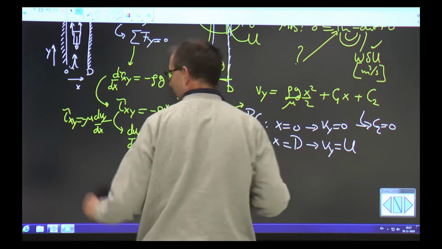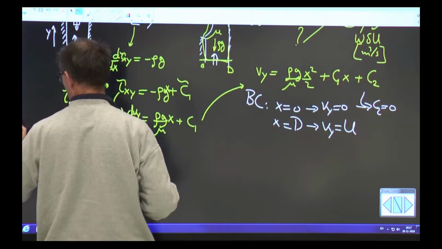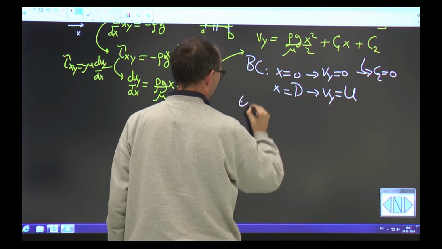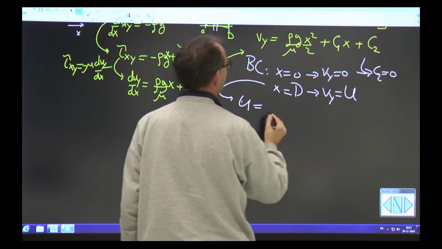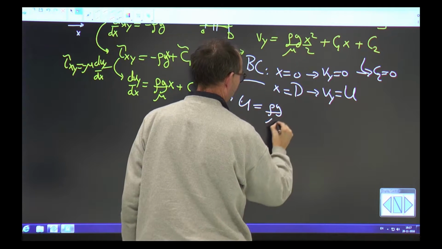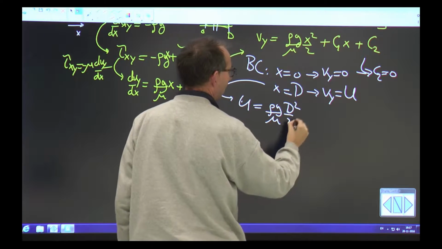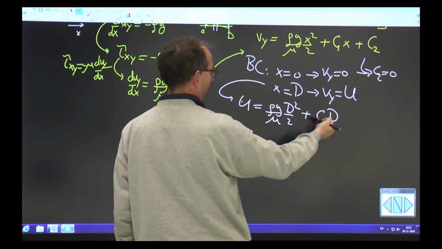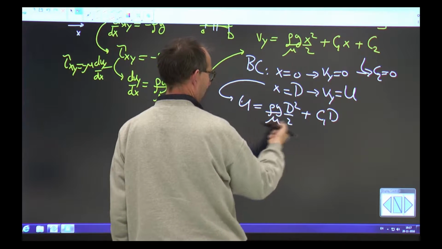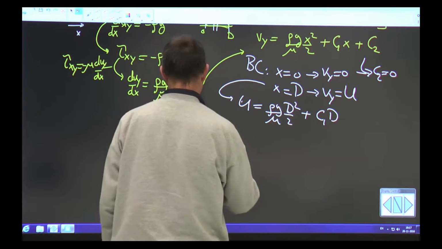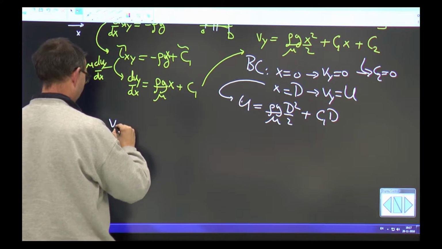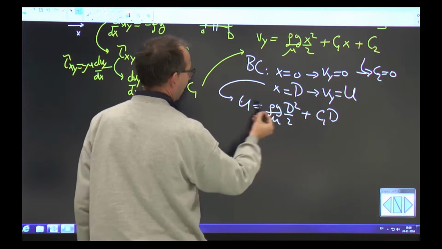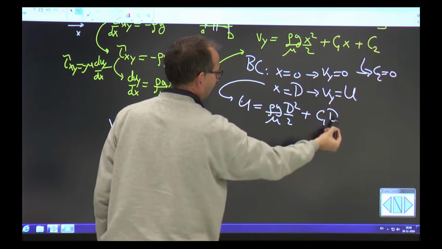If I fill that in, I get that u equals rho g over mu, d squared over 2, plus c1 d, and thus I can back out c1. It's u over d minus this one, but not d squared. And thus I get my velocity Vy of x equals c1 times x equals